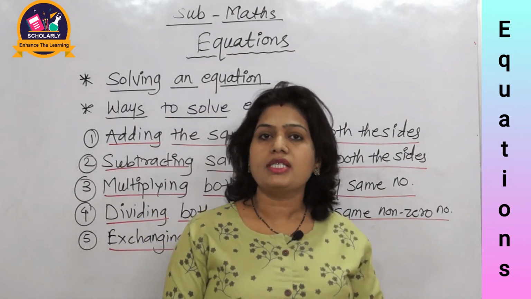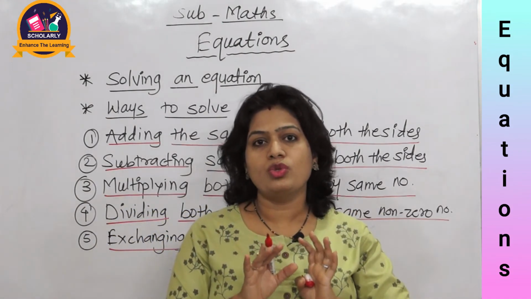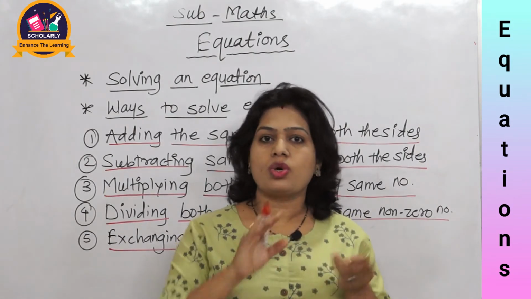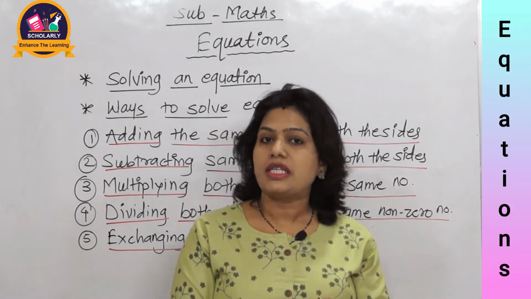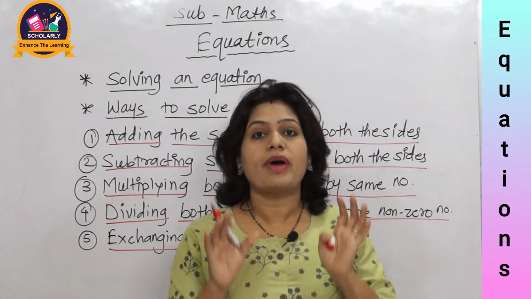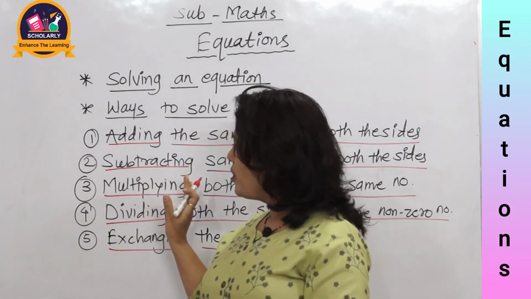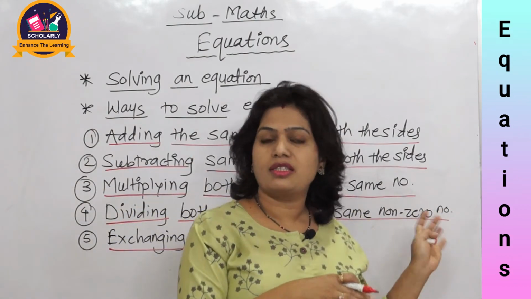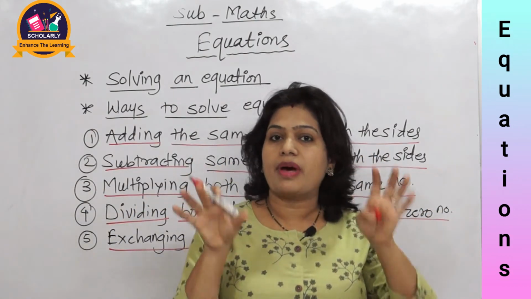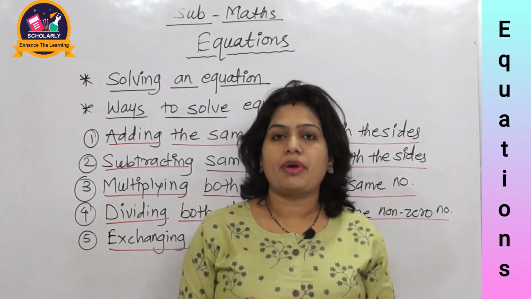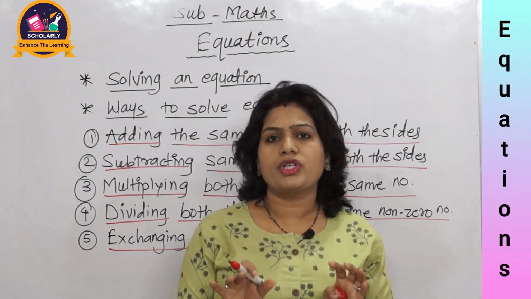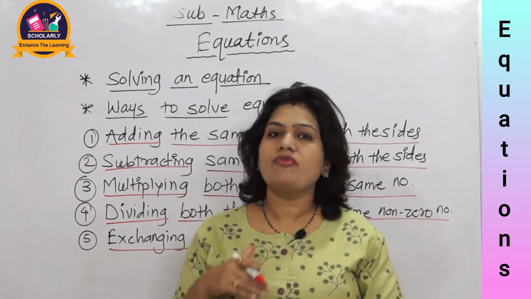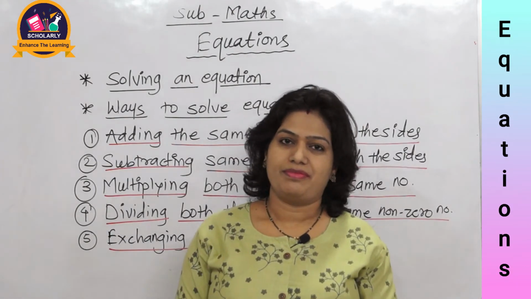So these are certain rules or ways to solve an equation. The most important part is, whatever operations we do to solve the equation, we have to perform the operations on both sides of the equation. It is important to keep the equation balanced, because if we perform one operation on the left side and another on the right side, then the equation would not be balanced at all. So always remember, whatever operations we do, we do on both the sides of the equation. Now let's see some word problems for these equations.